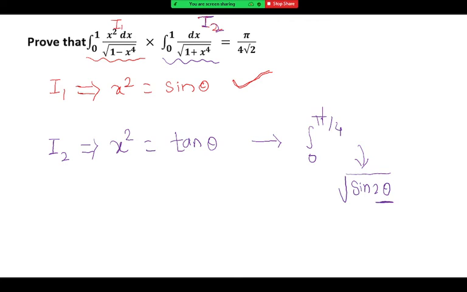Then you put 2 theta equal to t. There is one more substitution you have to do: 2 theta equal to t, which gives you the limit 0 to pi by 2. Only then can you use a beta. So here you get a beta, and here also you will get a beta, and then simplify it and you will get the required answer. So that is the hint I gave. Do that as practice, because the chances of this question coming are very rare, because this is a lengthy example. This single example cannot be asked for 5 marks also, though it may come, but in the last 5 to 10 years this question has never been asked in the exam.